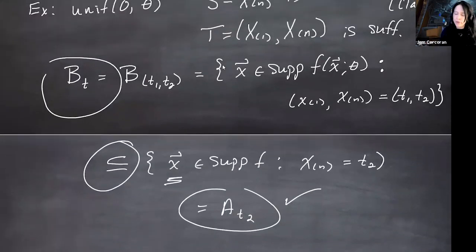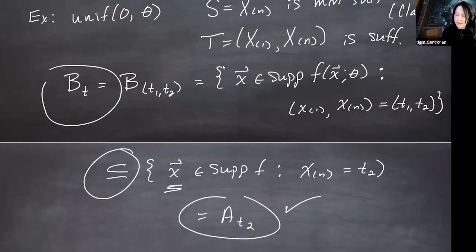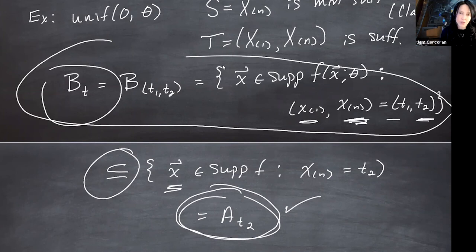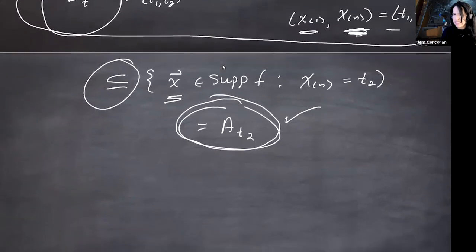And this is also not a proof, but you can see that because the AT is defined by a function of what the BT is defined by, when you take other sufficient statistics that are not minimal sufficient, you are making a finer partition of the space, because you want not just the maximum to be T2, but the min and the max to be T1 and T2, which is going to be some subset of the support where the max is T2. Does